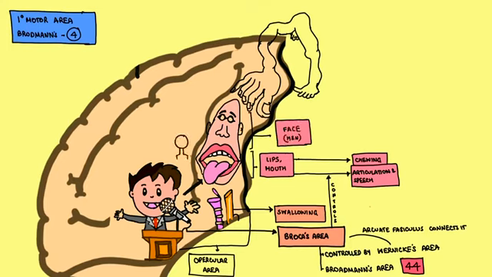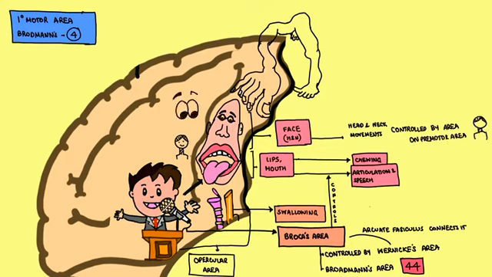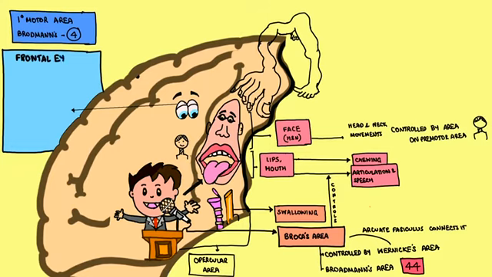Next, face is represented, and for face also there is a premotor area which helps in the guidance of head and neck movements. Next comes our push buttons controlling both our eyes, the frontal eye field located in the middle frontal gyrus. It is responsible for conjugate eye movements. Both eyes will move in the same direction. Okay, and blinking movements also.